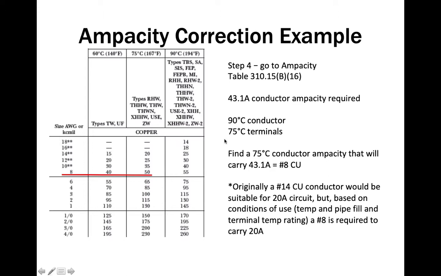But my terminals that I'm terminating on can only handle up to 75 degrees C. I can't use the ampacity ratings of the 90 degrees C. I have to reduce it and use the 75 degrees C column. That's just the way it is. Don't be upset about it, just move on. I'm going to use the 75 degrees C column to find my final ampacity. So I run my finger down looking for 43.1 amps. Bingo, right here. So I need a conductor that can handle 50 amps or an